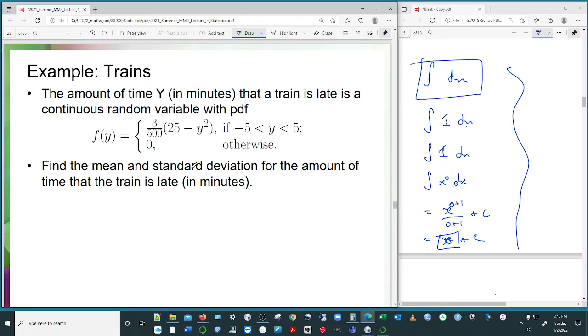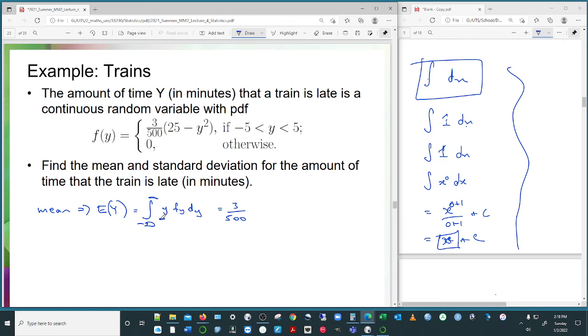So the amount of time that a train is late is a continuous random variable with a PDF. There it is. Find the mean and standard deviation. So now we're going to compute the probabilities using integrations so that we can find our statistics. So our mean is the expected value of y. Change of variable shouldn't throw you. A definitional improper integral is y times f of y dy, so we need to take those products into account. So we've got a definition now for our function, 3 on 500,